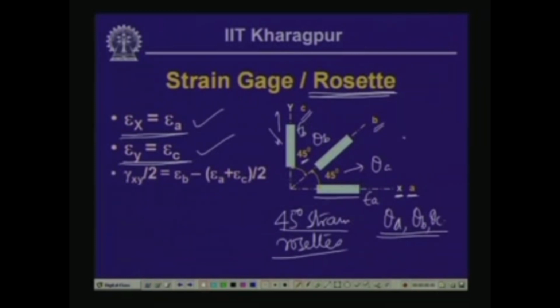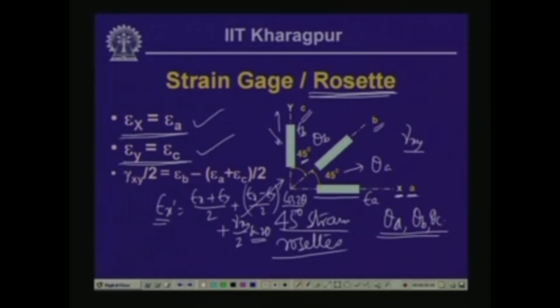Now, what we need to do is evaluation of gamma xy. Again, if we go back to the transformation equation, which is epsilon x dashed is equal to epsilon x plus epsilon y by 2 plus epsilon x minus epsilon y by 2 cos 2 theta plus gamma xy by 2 sin 2 theta. Now, theta here is 45 degrees. So, sin 90 is 1, cos 90 is 0. So, this term goes off, and this is gamma xy by 2, and this is in the direction of 45 degrees,